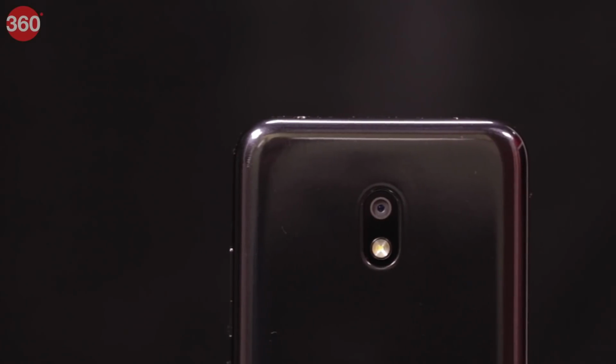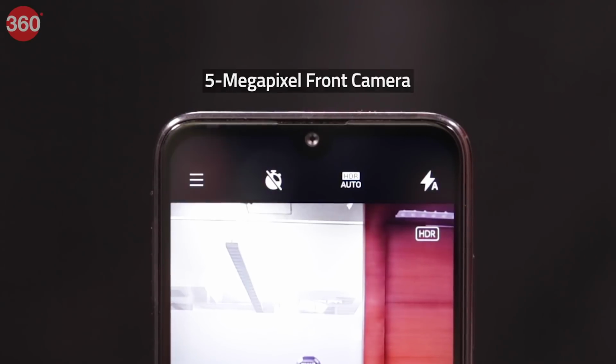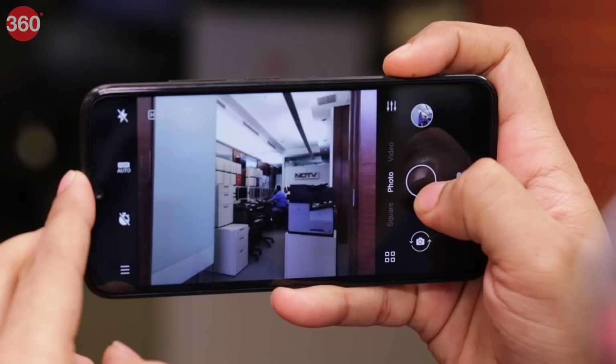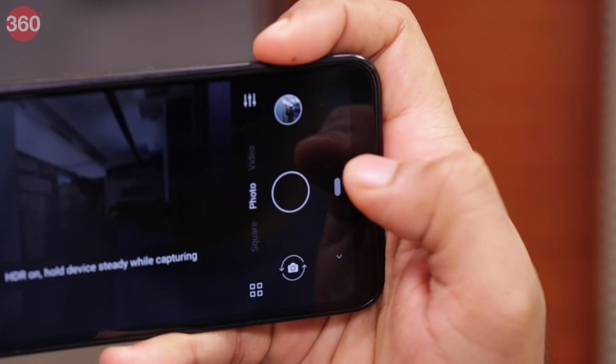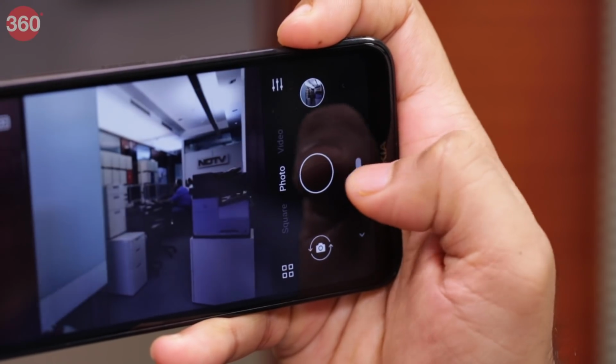Now let's talk about the cameras. Nokia 2.2 has a single 13 megapixel camera at the back and has a 5 megapixel selfie shooter. The camera app on the smartphone is basic. It has a quick toggle for HDR and you can set it to auto, where it kicks in automatically if the scene demands it. There is noticeable lag in the viewfinder, which needs to be accounted for before you hit